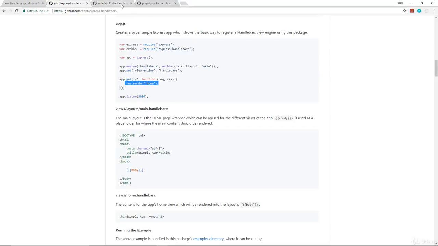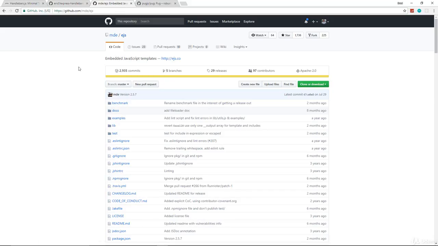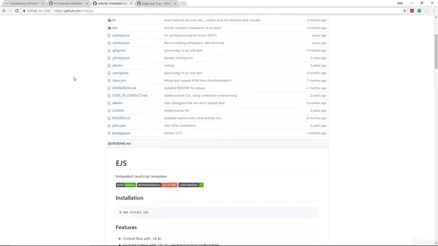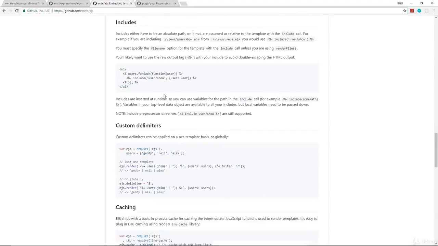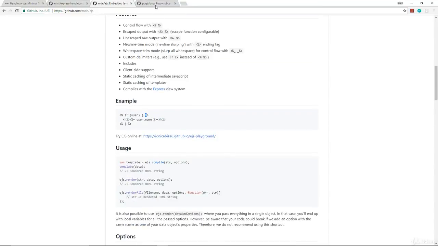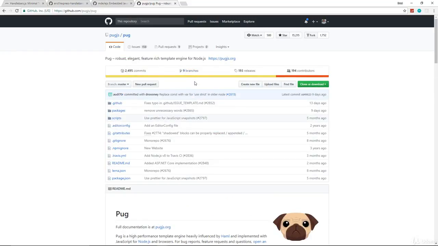Now, as far as other template engines, you have EJS, or embedded JavaScript, which is really nice. You can use just regular HTML. Putting in variables is a little different. Instead of the curly braces, you use this syntax. So you use the angle brackets and percent signs, which is a little weird, but I've used this before and I do like it. Another one is Pug, formerly known as Jade, which I really don't like because it doesn't